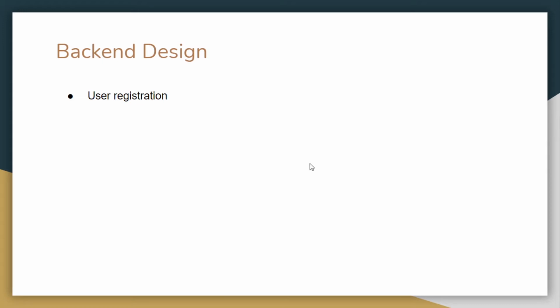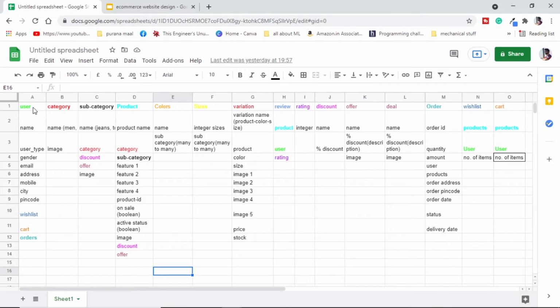So let's get started. First of all, we will try to list out all the models that we will require in our Django application. These tables can be rough data and there can be some changes as we develop the website. So these are all the tables or models that I will require. This is rough data.